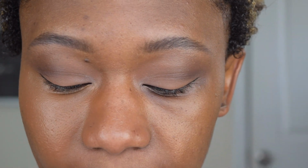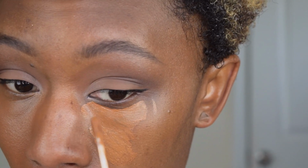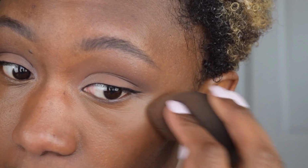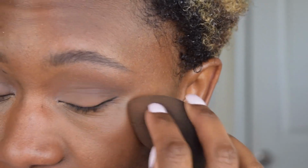We're going to do the same thing on the other side, but I'm going to use my beauty blender so we can see how it blends out with that. Now with a sponge, it does tend to pick up a little bit more product, so that way you don't get super cakey, which I don't mind. But typically for concealers that are a little bit glowier or not as full coverage, I tend to use a brush so that we don't pick up too much of the product. So this side definitely the sponge did pick up more product,